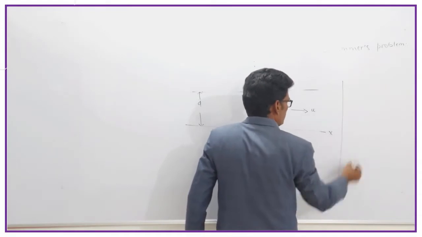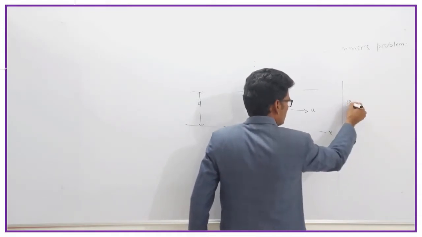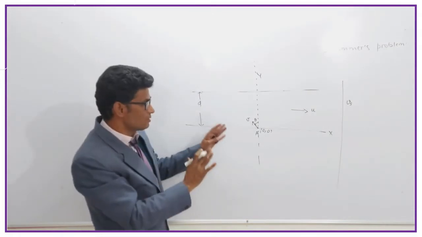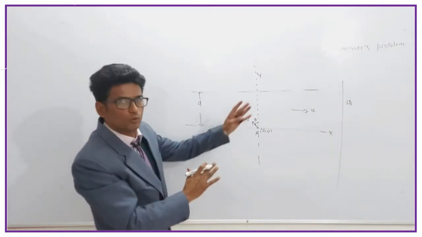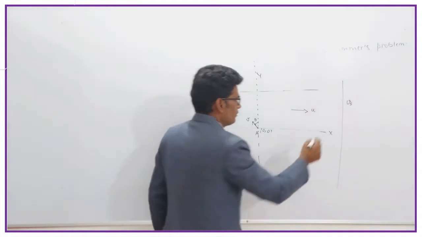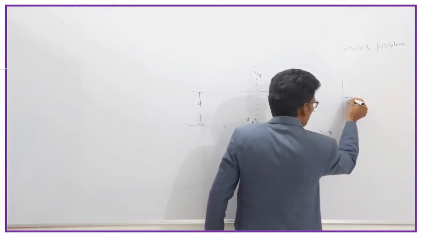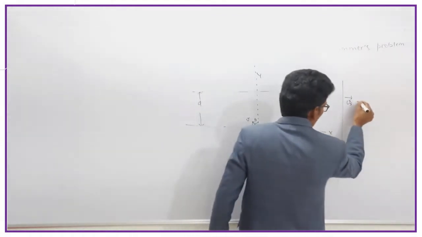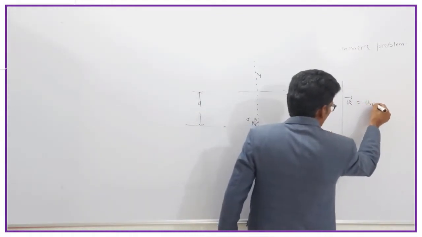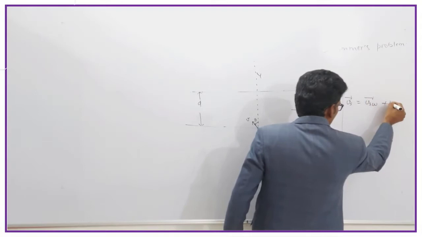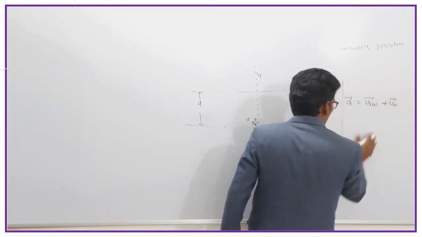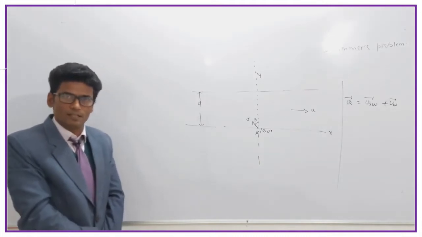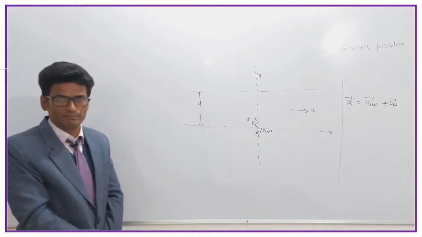velocity of swimmers. Here we are taking swimmer. You may apply in case of bottle shape as well. Velocity of the swimmer with respect to ground frame or the shore or the bank of the river is equal to velocity of the swimmer with respect to water plus velocity of water with respect to shore or the ground frame, which is supposed to be stationary. Keep in mind,